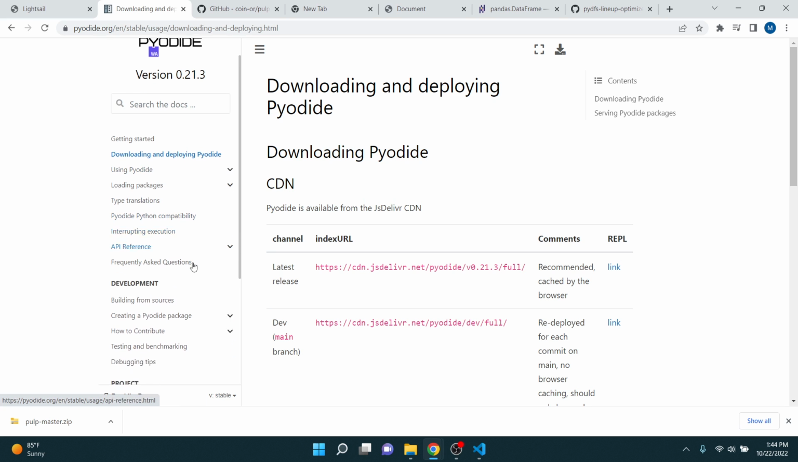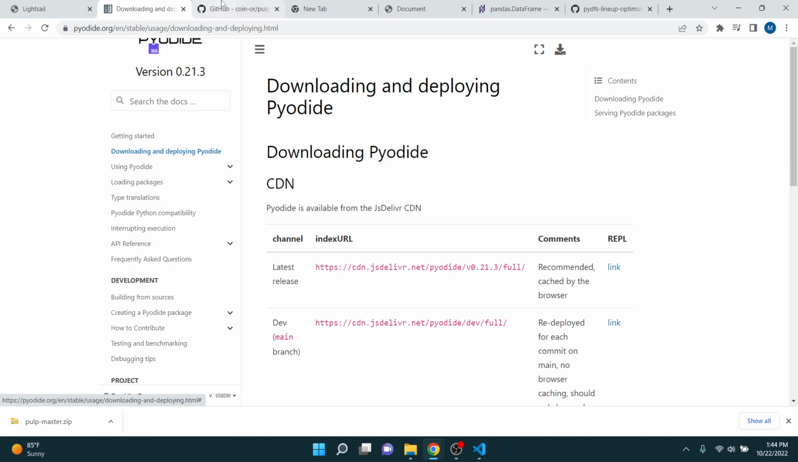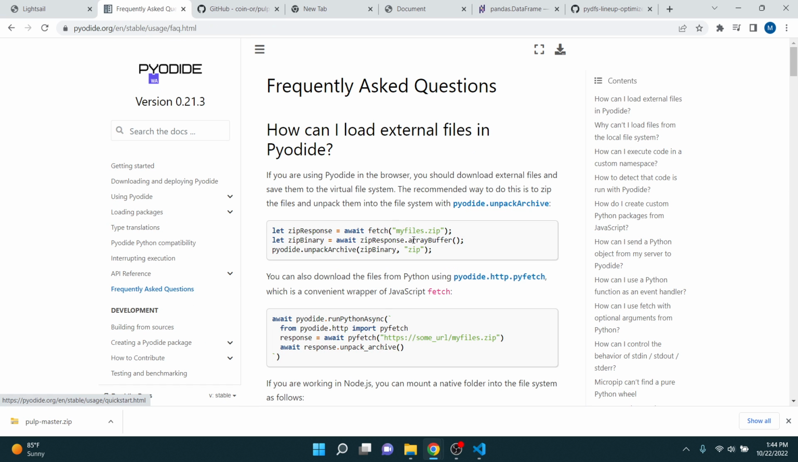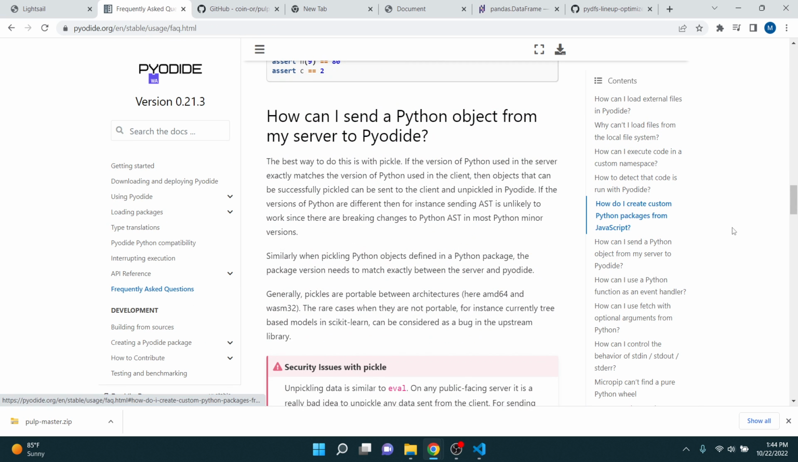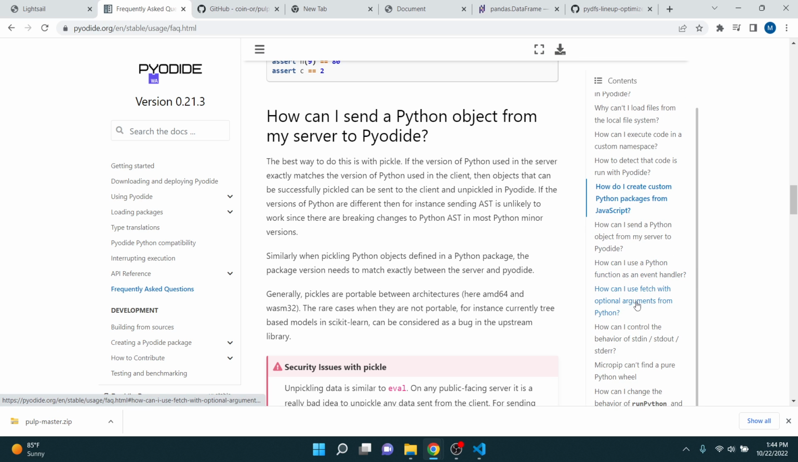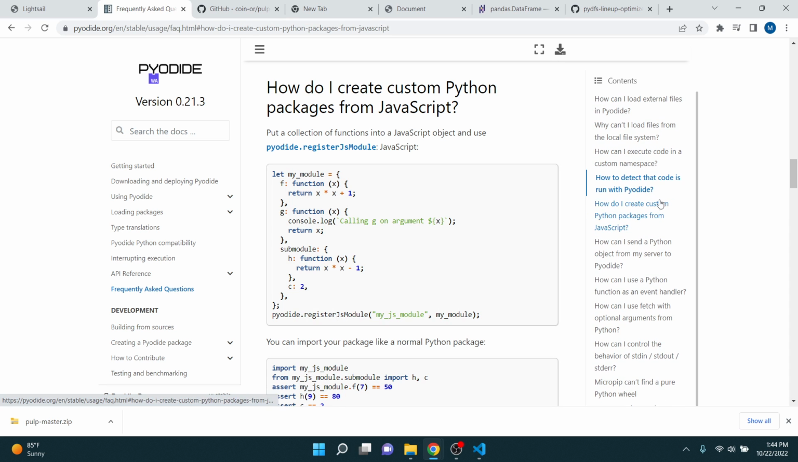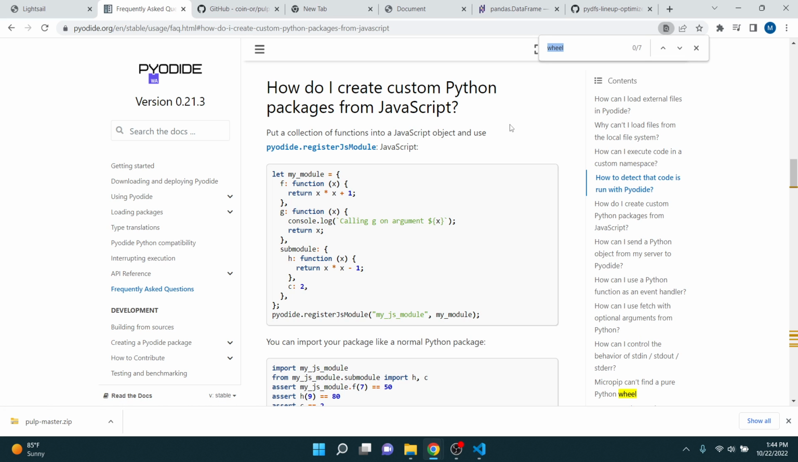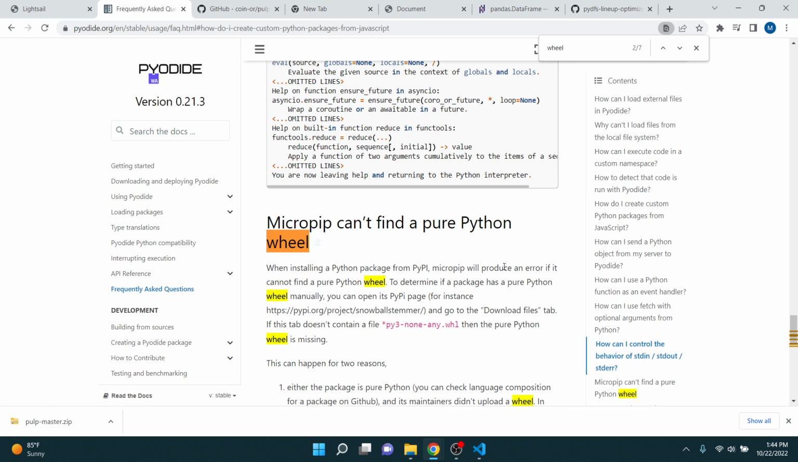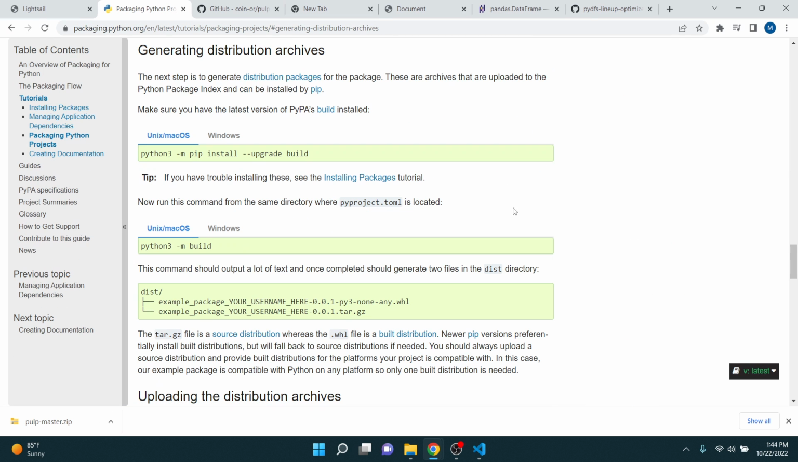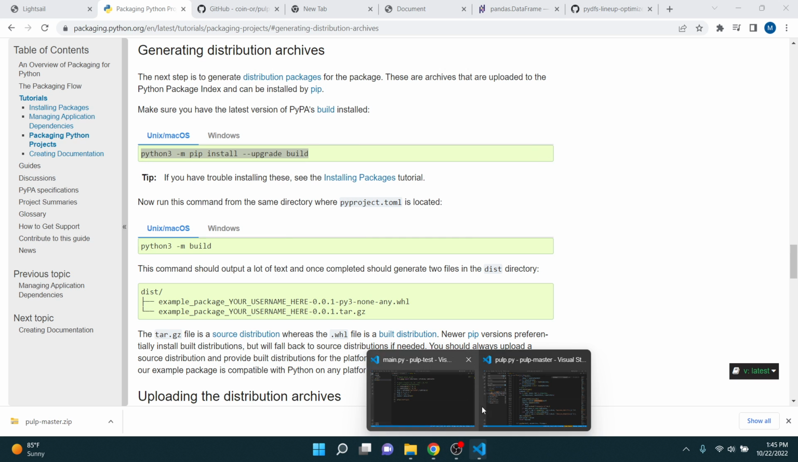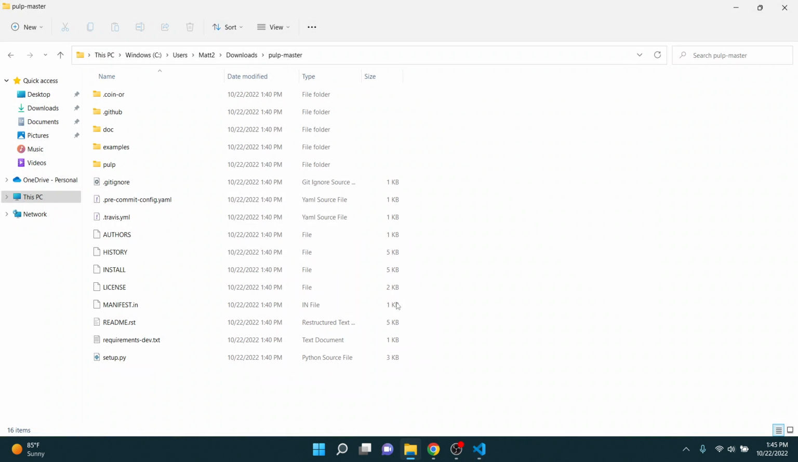Where is it? It was in frequently asked questions, and it was in, was that it? No, it was in wheel. All right, so all we need to do is go build a wheel yourself. So Python 3. So if I go in here,